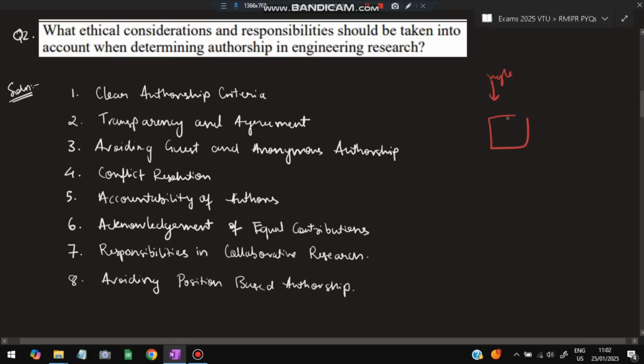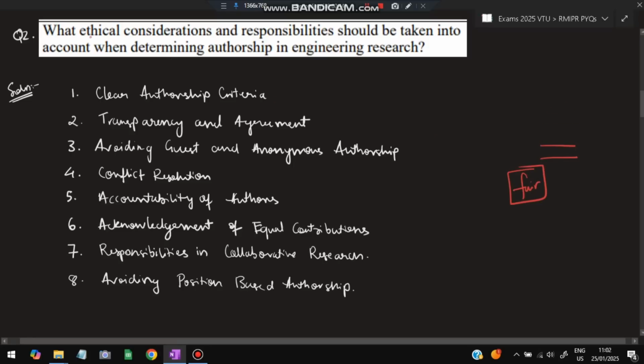Whenever something is made, many people are involved in it. What all the people involved did and how much percentage of work they put in should be fairly put in the authoring section. In the author section, it will be written how much each person has contributed. That should be fair. The main keyword you need to remember is fair.